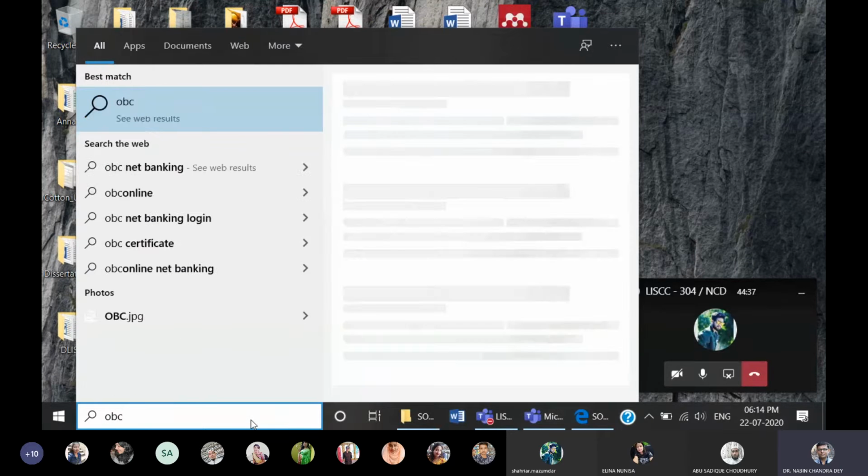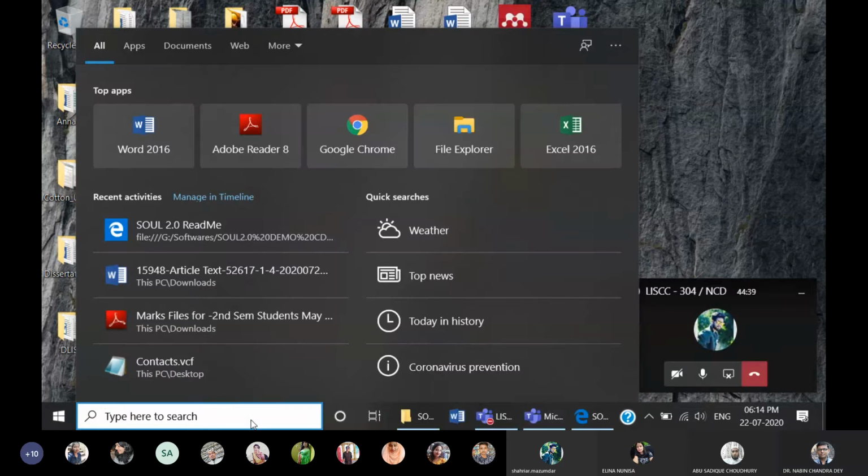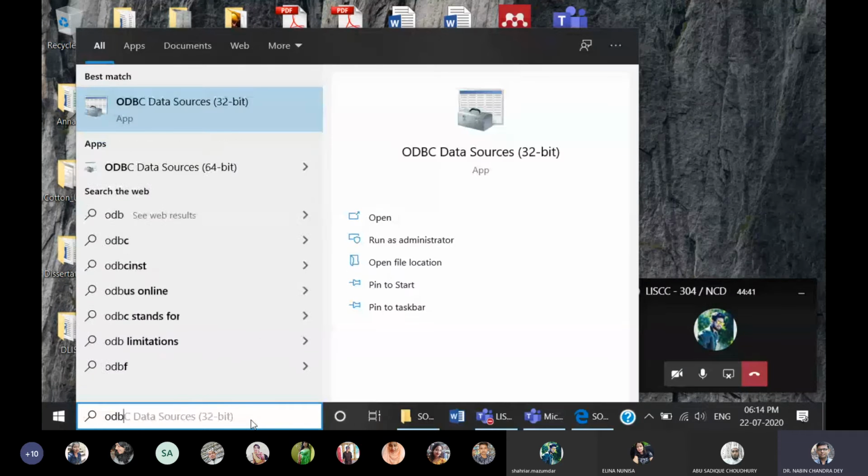ODBC data sources. Just click on it, or you can find it from control panel also. I will show you.